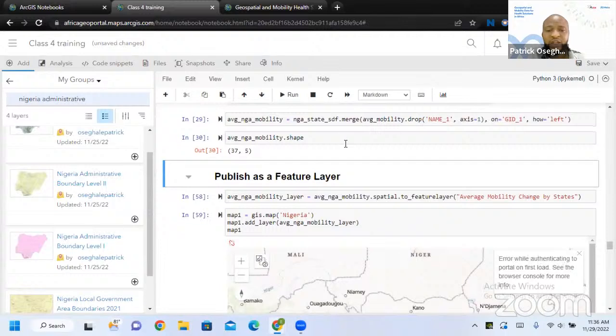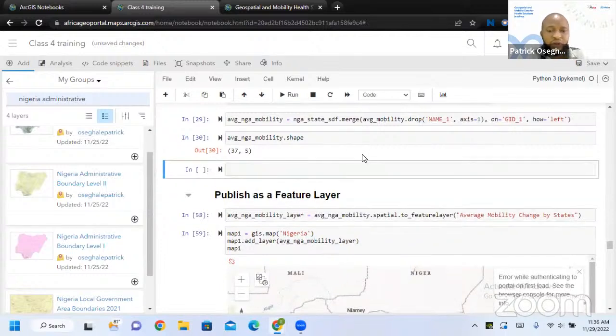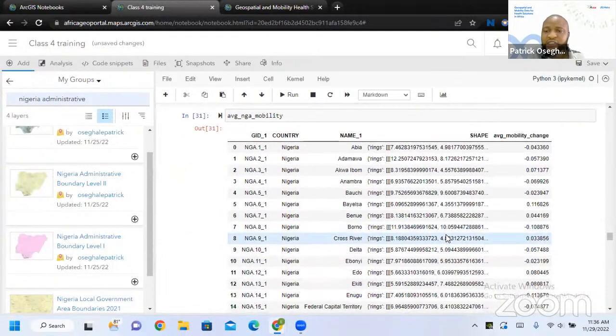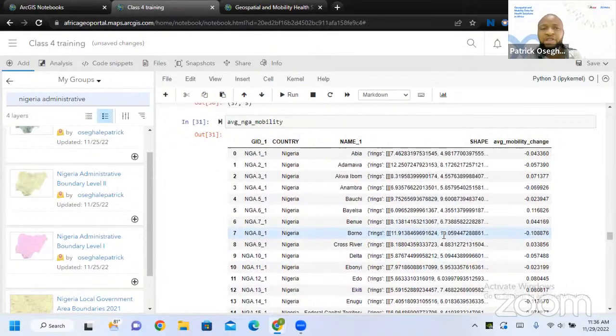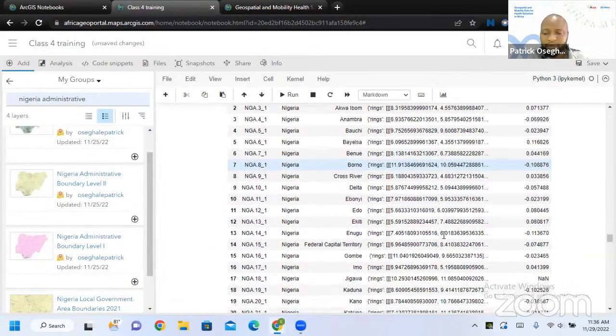Now if we see this data, we'll know that the data has been enriched. But then this data is not a spatial data yet. I have to convert it back to a feature data so I can populate it on my map.